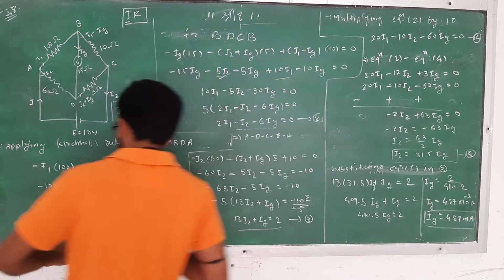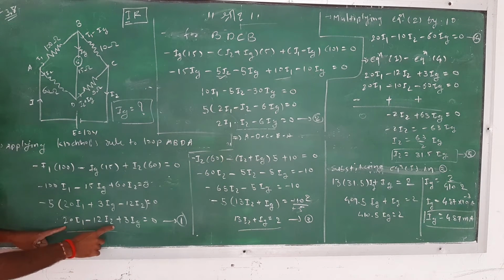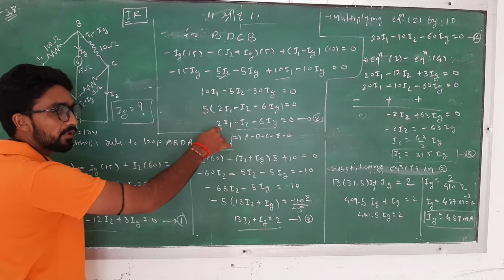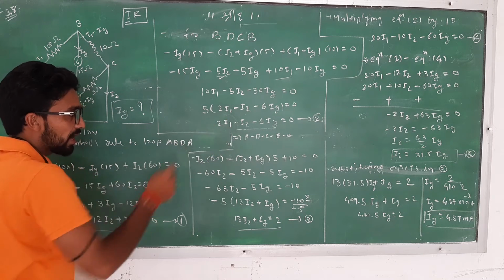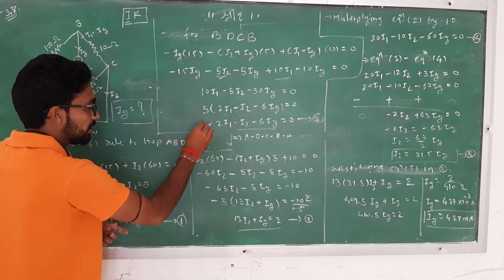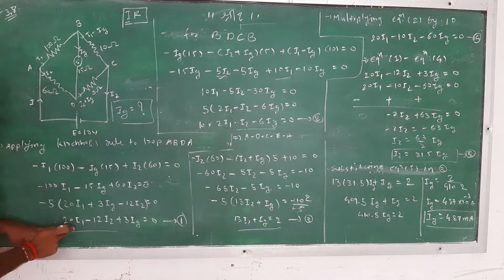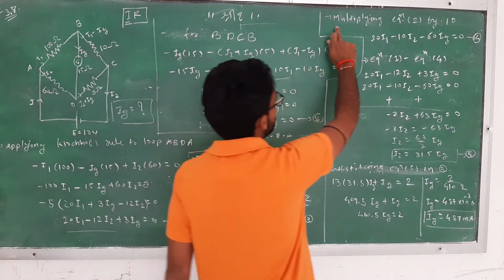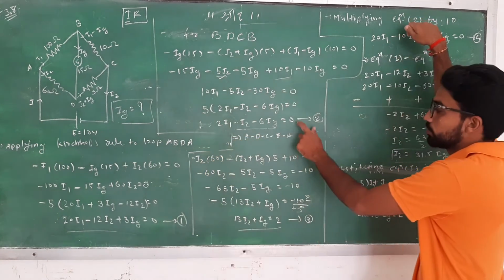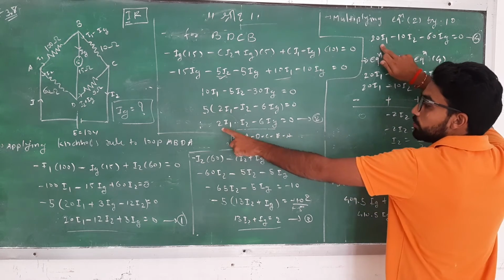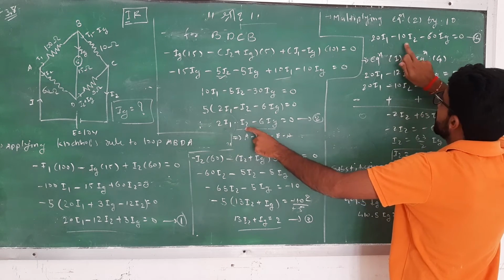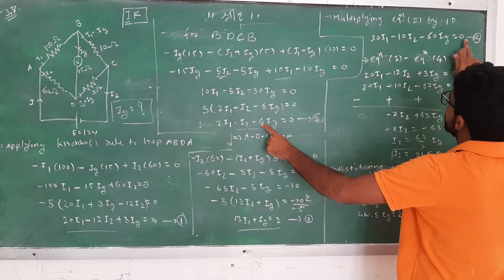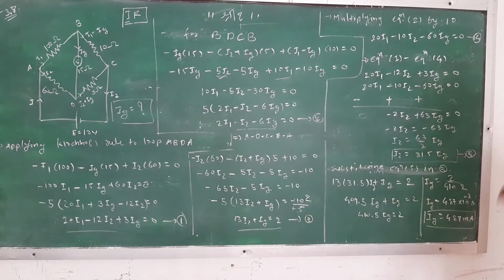So you can see your equation number 1, that is 20I1 minus 12I2 plus 3IC is equal to 0. We want to remove this I1, so here we have 2I1. So multiply this equation by 10. Multiply this equation by 10. So this is 20I1. We take the subtraction, so this I1 term will be cancelled out. Because of that, now multiplying equation 2 by 10, this is 20I1 minus 10I2 minus 16IC is equal to 0. This is your equation number 4.